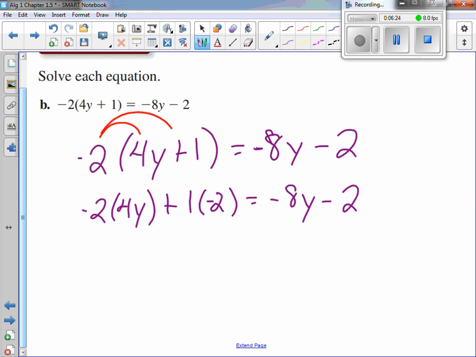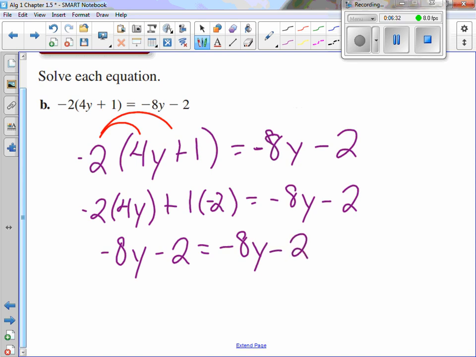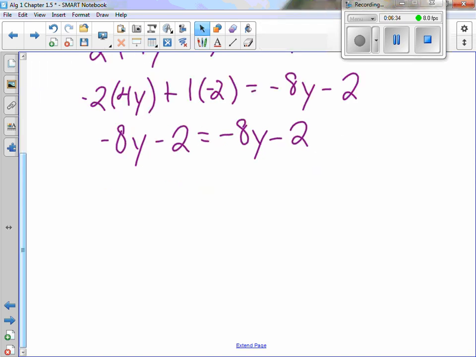So -2 times 4 is what? 1 times -2 is -2. Yes, we're going to have some zeros show up, because I'm going to have to add 8y to both sides to get them on the same side. So if I add 8y to both sides,